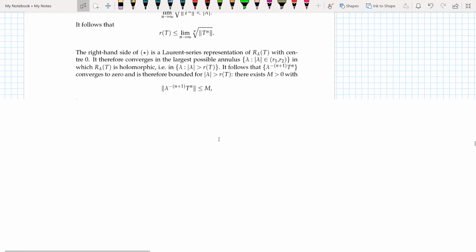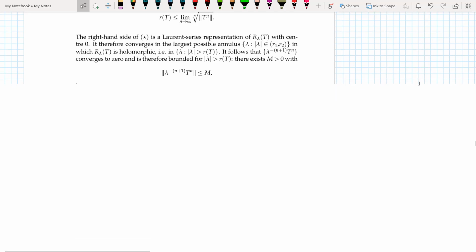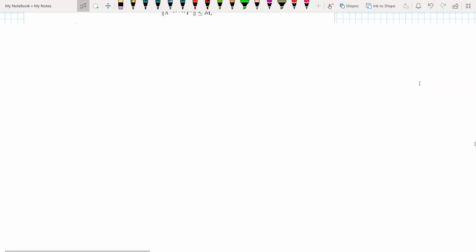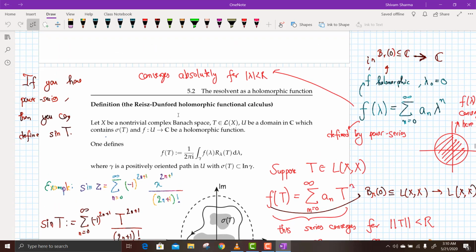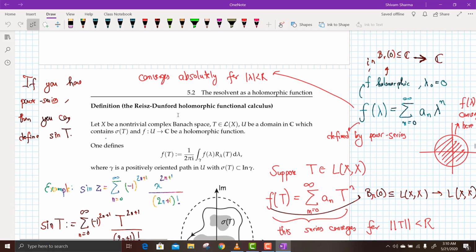And now finally, in the final section, I start with giving an idea about functional calculus. So let's start by talking about what it is. Earlier I always had this notion of sine of x or cos of x, but if I want to do things like sine of T or cos of T, then I would need this notion of functional calculus, so that by functional calculus I can talk about things like sine of T, where T is an operator in